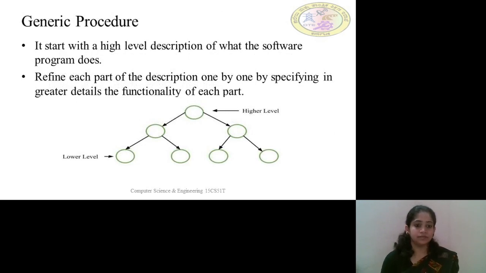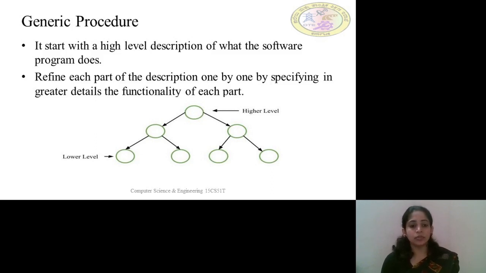Generic procedure. It starts with a high-level description of what the software program does. As we all know, before starting with the design, we will have a software architecture, and the input to the software architecture will be the SRS. So it clearly states what exactly our software is going to do.